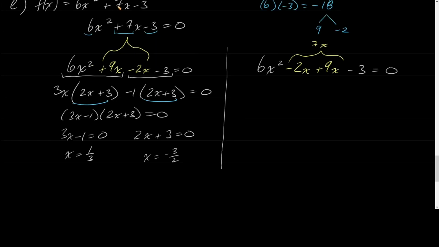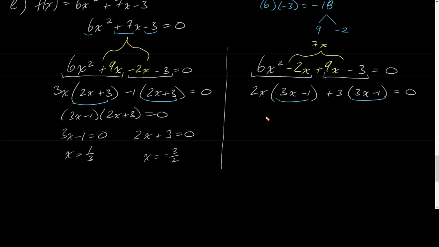Now I'm going to group these this way, these first two together and those last two together. From the first two, I see that I can take out a 2x, and I'm left with a 3x minus 1. From the second two, I see that I can take out a 3, and again I'm left with a 3x minus 1. Alright, from there, I see that both of these have a 3x minus 1, so I can factor that out, and I'm left with 2x plus 3 times 3x minus 1 is equal to 0,